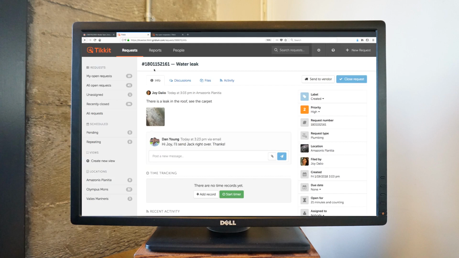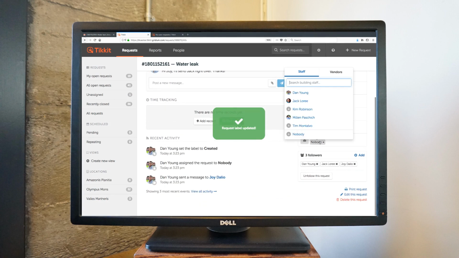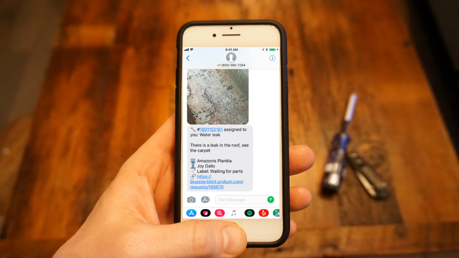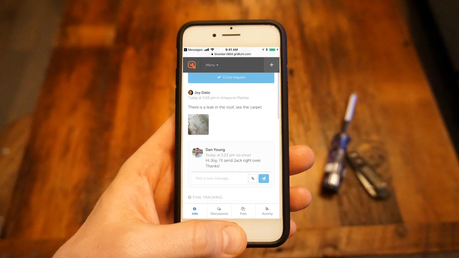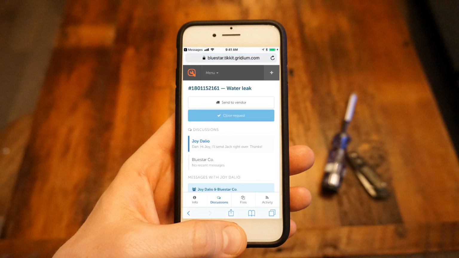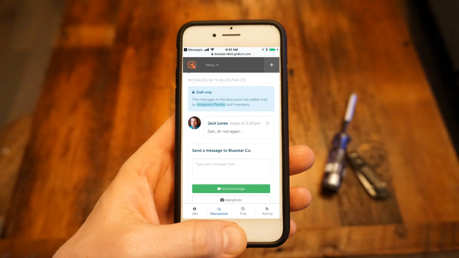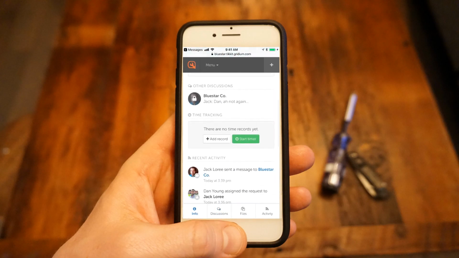From the command center, you as a staff user can do tons of things, like changing labels, assigning to a maintenance technician on your team, or sending it out to a third-party vendor. Here, your maintenance technician receives a text message alert, taps the link to jump right into the mobile-optimized command center, responds to you in a message channel hidden from occupants, adds a time record or a cost record,